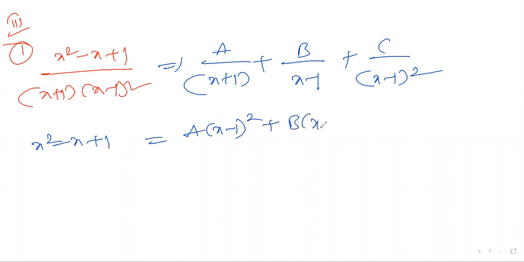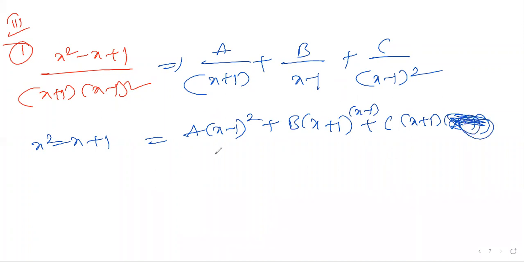This I'll get x plus 1. This I'll get x plus 1 into x minus 1. Okay, not x minus 1 whole square will come, right? Yes, sir. x plus 1 into x plus 1 is already there. X minus 1 whole square will come. Here x minus 1 is there. X plus 1 is x minus 1. One more will come. Here it should not come.